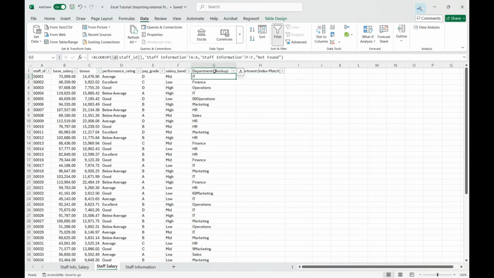First, let me explain what index match does and how it works. I'll start with the index function. The index function returns the value of a cell based on its position, that is, the row and column within a range. For instance, on this sheet, let's say I want to return the value